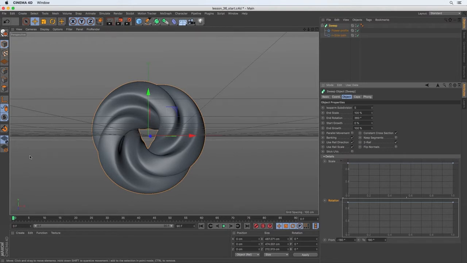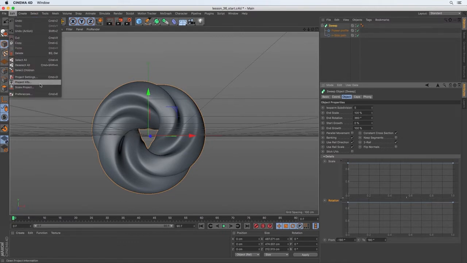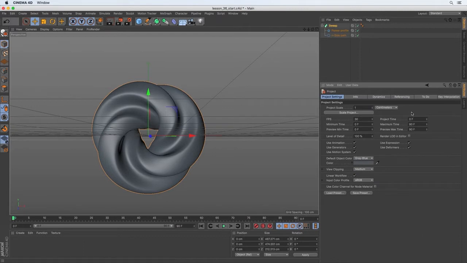And if you need to change the frames per second, you can go up to the Edit menu, and in the Project Settings, we have the FPS, the frames per second right here. So I'm happy with 30 frames per second, but if you need to change that for whatever reason, you have it right there. Now, if you wanted to have a slower speed on this, or if you wanted the rotation to take a little